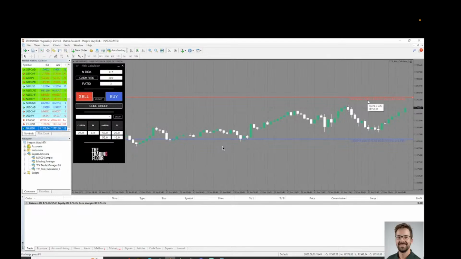We want to risk 600, but indices is a little different with the volume and step size depending on your contract size, and we'll go over that in specific videos in the future. But you'll see how much percentage you're risking and what your lot size is probably going to be. Like it says volume in parentheses, but this is basically what